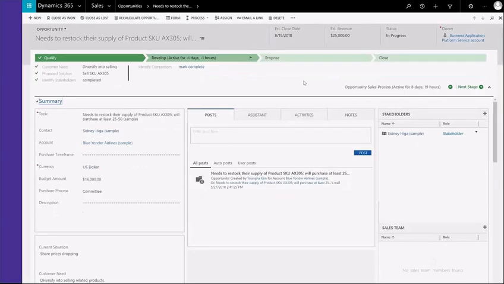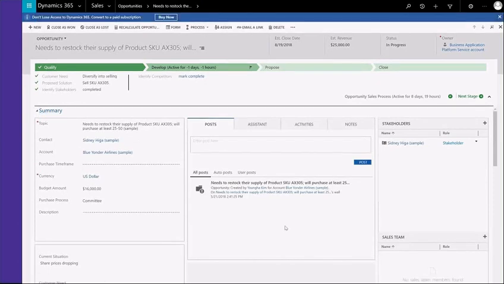And you can see here that now the owner has been changed to the proper owner that was on the account. And again, the handoff scenario is very simple. It's pretty straightforward. Your business needs may not be as simple as this, but if your objective is to have proper ownership of your sales or proper ownership of any type of records, you have that functionality whenever you've enabled this business process flow